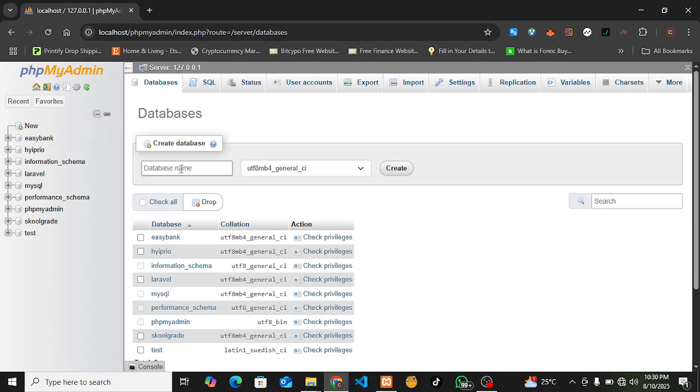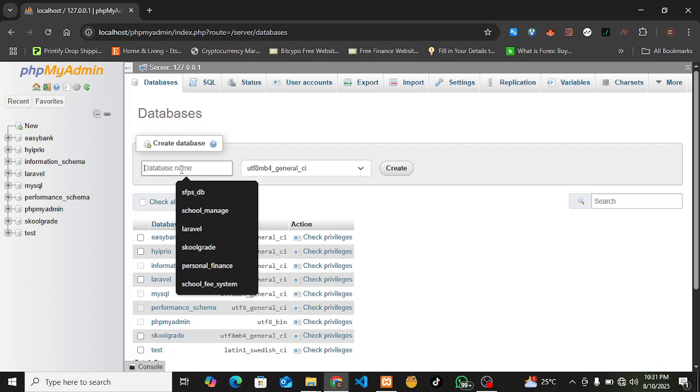Once you click on New, then click on the database name. You give it the same name you gave to the folder you created. Take note of this. Do not create a different database name and then a different folder name. Do not make that mistake. So write in the exact keyword you used in creating the folder. Write it here as the database name so that it will